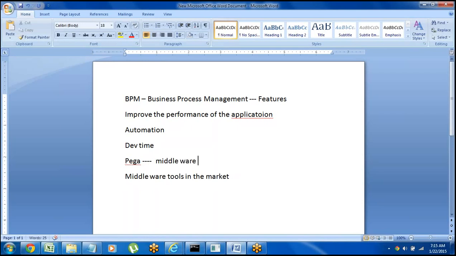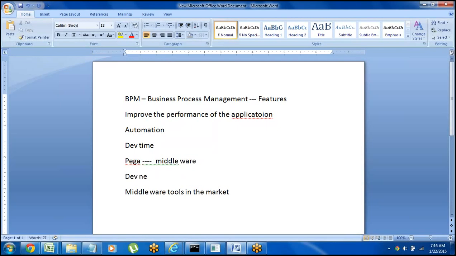Normal middleware functionality means we can convert an application which is in a different environment to a Pega environment, converting one application from one environment to another. So by default Pega has middleware functionality,